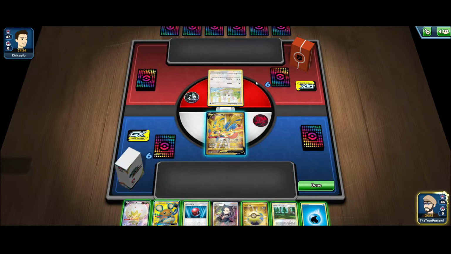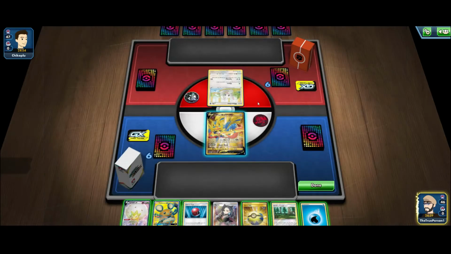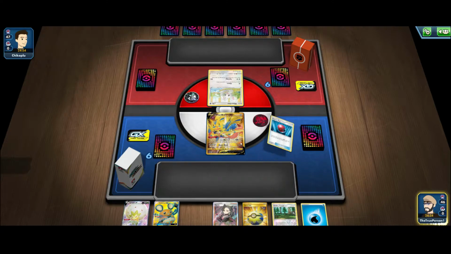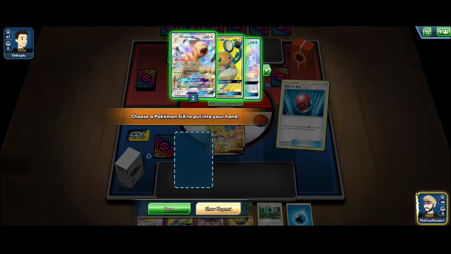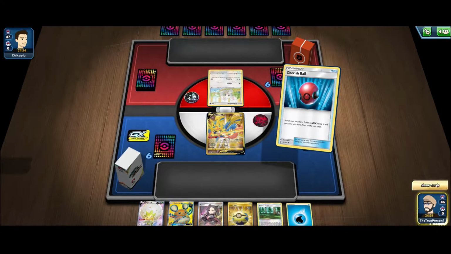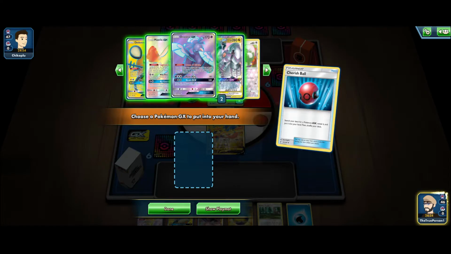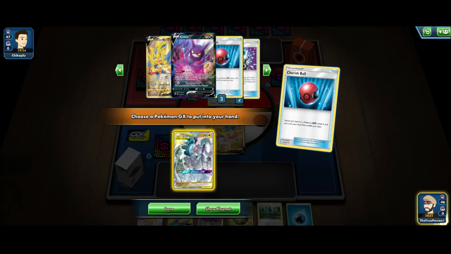And oh man, look at what we're up against. Looks like we're up against Mill. Alright, definitely going to be a very interesting matchup. We want to utilize Eldegoss as much as possible. Being able to spam Boss's Orders is extremely vital in this matchup, I would say. So we're going to grab out the ADB here, and now